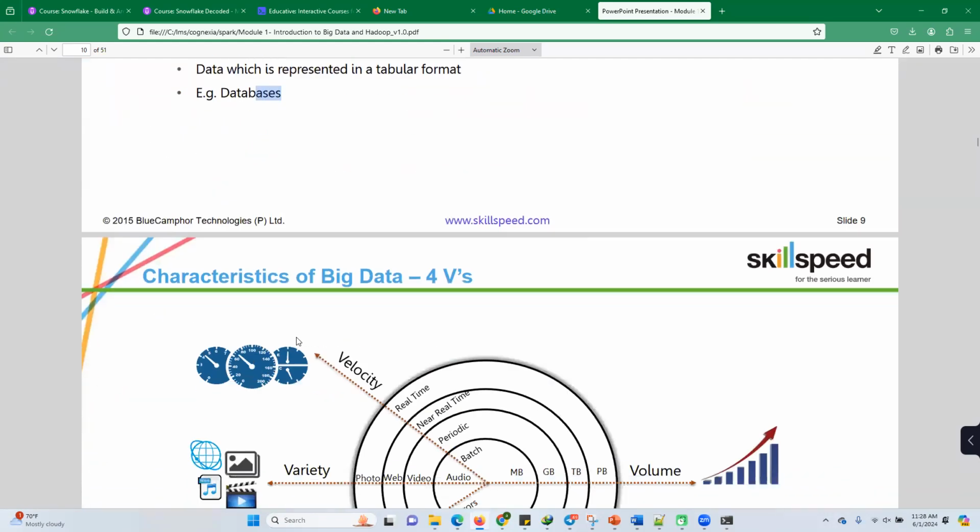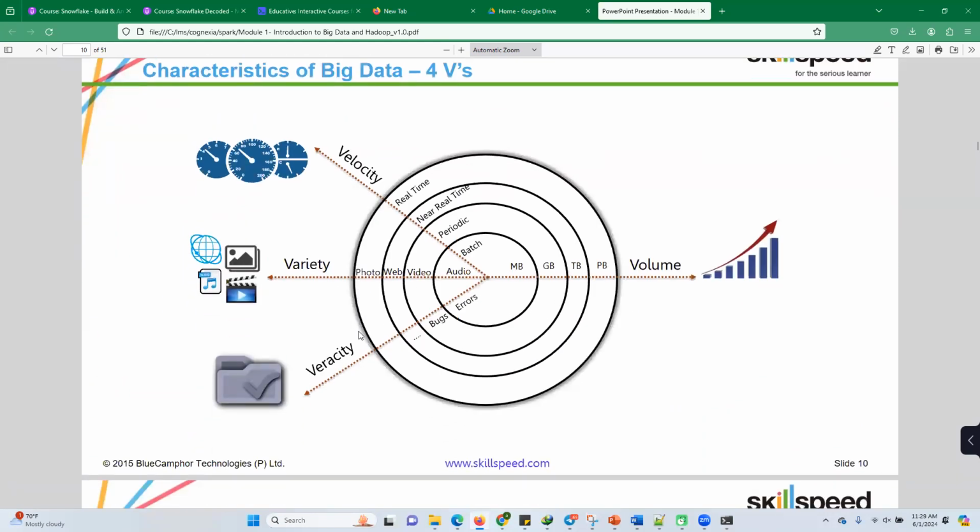Okay, so these are the three categories of data. And now there are many more V's. This is pretty old. There are now 5 or 6 V's. Okay, so these are very common V's: velocity, volume, veracity, and variety. We know,